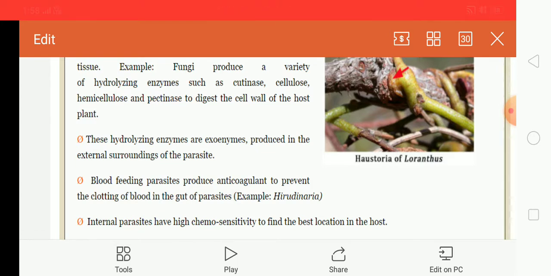Okay, the next example is that most parasites produce anti-enzymes which protect them from gastric juice and the digestive enzymes of the host. It has also been studied that lime cells present in the body wall of the tapeworm neutralize the acidic effect of the gastric juices. So these are the different physiological adaptations acquired by the parasite in order to live under the host environment.